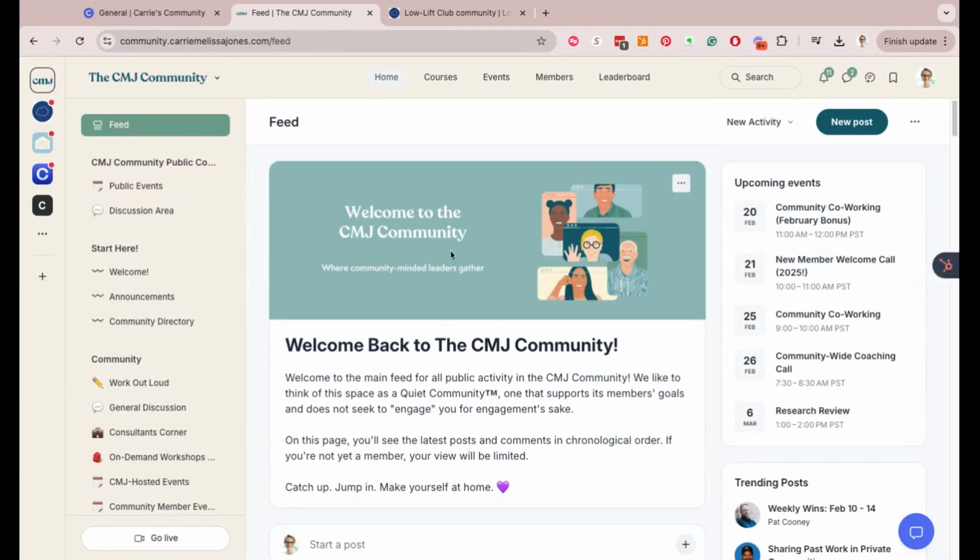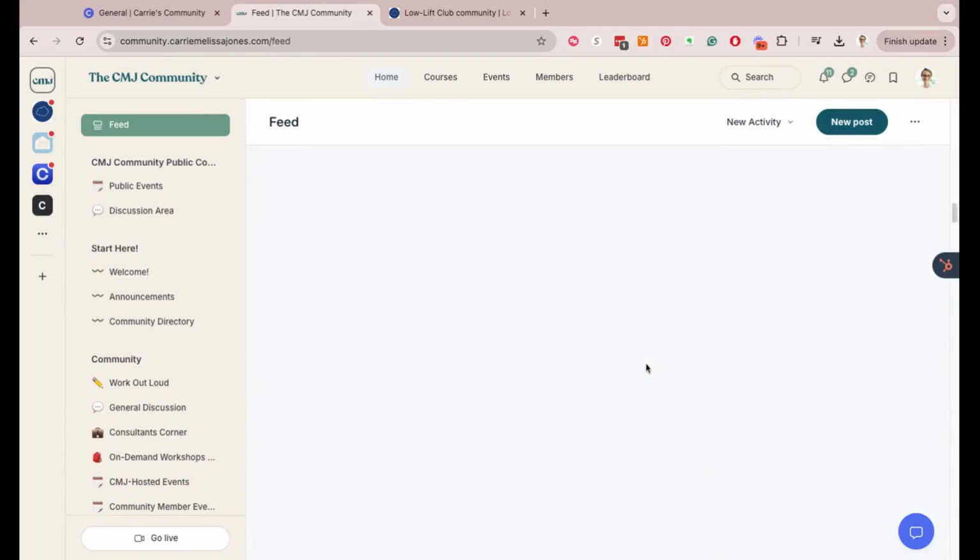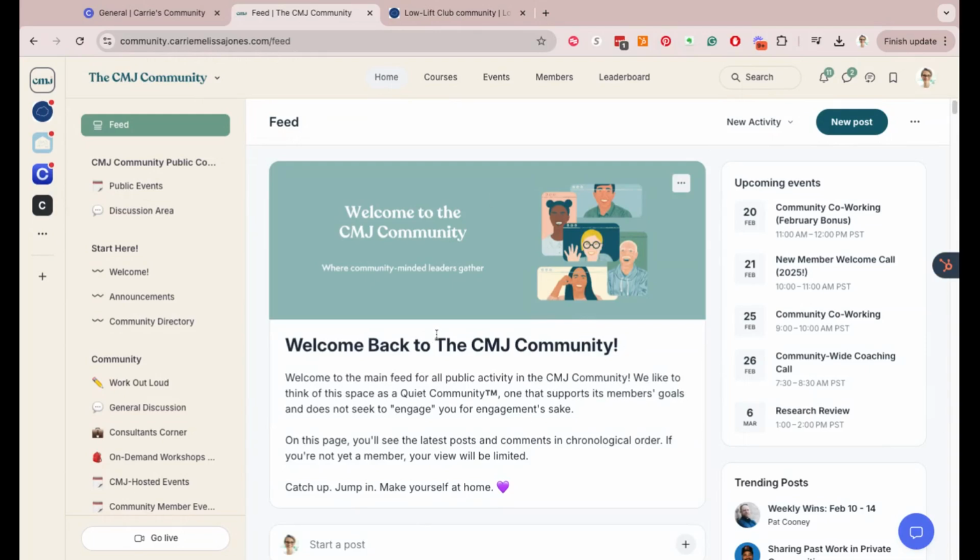And then you can see the feed here. This is a feed where the community is actually active. There's a welcome banner that comes here, and then all the conversations that I have access to as a member are in this area here. And then there's a sidebar with the events. You can turn these things on and off as well. So that's what it looks like when it's actually all themed.